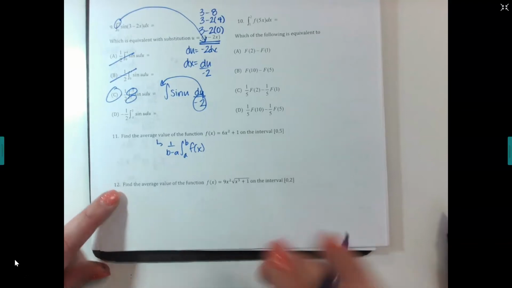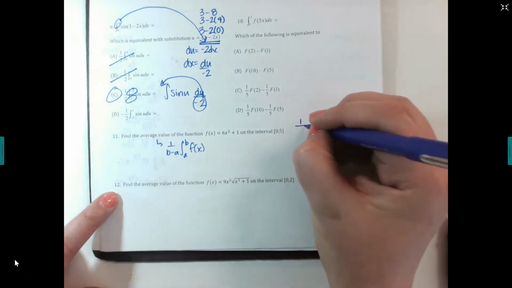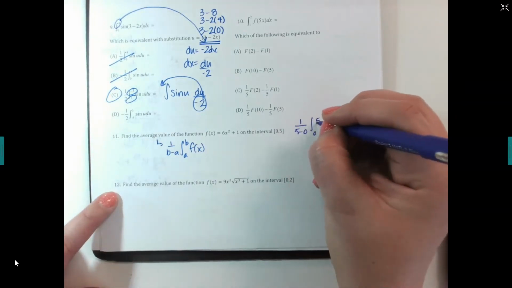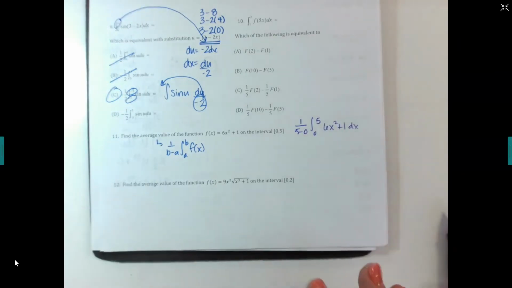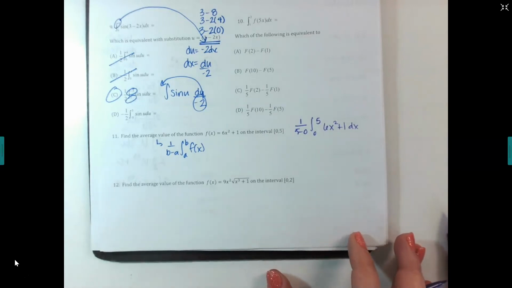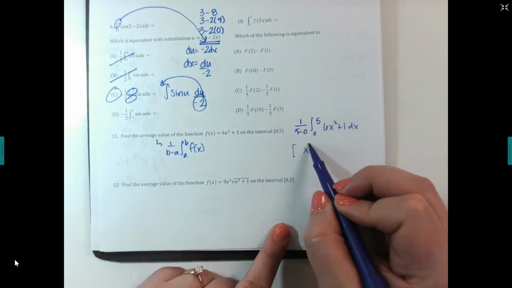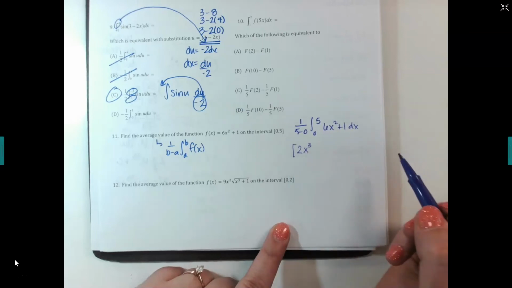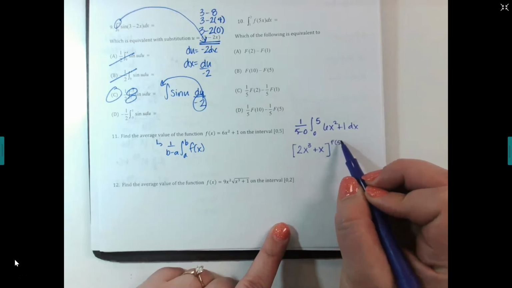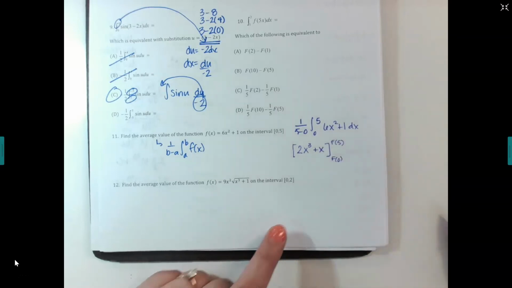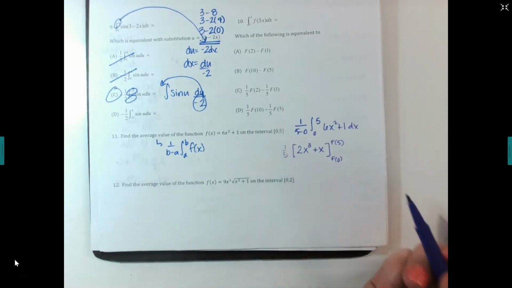Yes. Okay, so if this is my function, I'll do 1 over 5 minus 0 times the integral from 0 to 5 of f of x, which is 6x squared plus 1 dx. Okay, from there, what is the antiderivative of 6x squared plus 1? Yeah, so x bumps up to a 3. Divide 3 on 6, it's a 2. Plus 1 is a plus x. Then I'm going to plug in a 5 and a 0 and subtract. What do I need to not forget about, though? The 1/5 in the front. Okay, now I'm going to wait and do that at the very